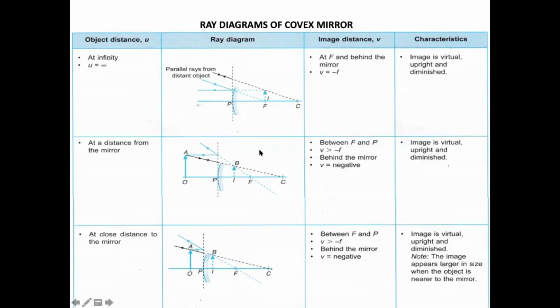So in case of this, you can always say that the image formed is always virtual. Just take the example of a mirror that is placed on the vehicles to get the rear view. It is on the two-wheelers or on a four-wheeler or on a three-wheeler. There are always mirrors near the driver on both sides to have a view of the rear side. And the image formed is always small, erect. You cannot get an inverted image. When the image is erect, it is virtual, and it is small. It is not a larger one.